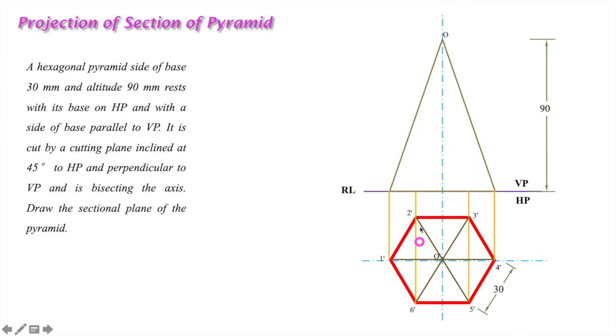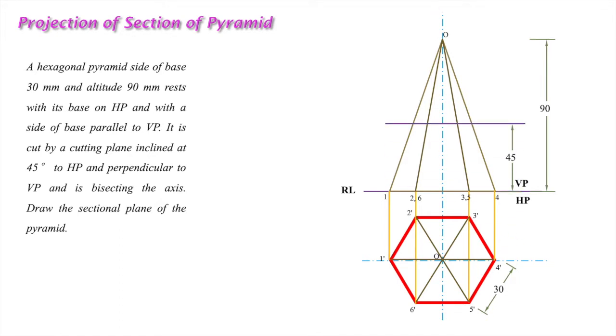So draw the projection lines, and to get more slant heights, because there are 6 slant sides. These are the 6 slant sides. Then join it: O2, O3, O5. So these are the 6. Out of the 6, these 2 slant sides overlap, meaning coincide. That means 2O and 6O, 3O and 5O coincide.